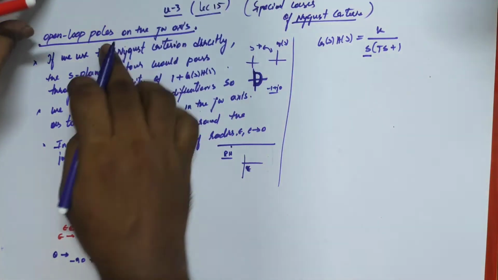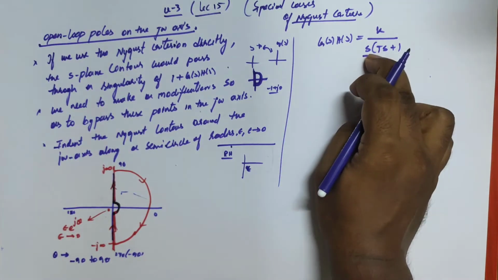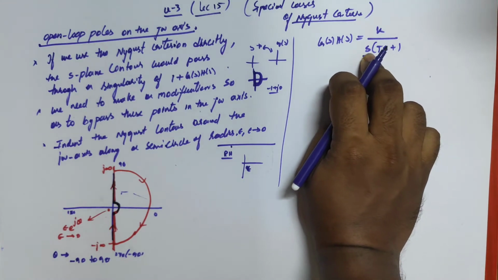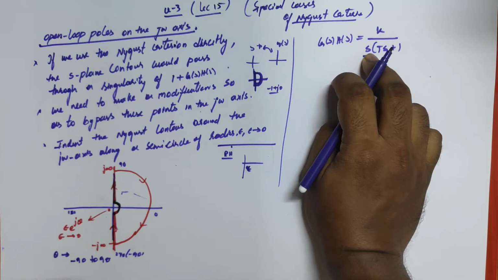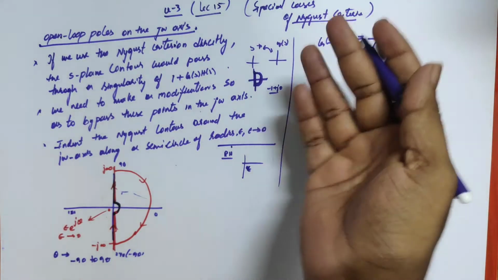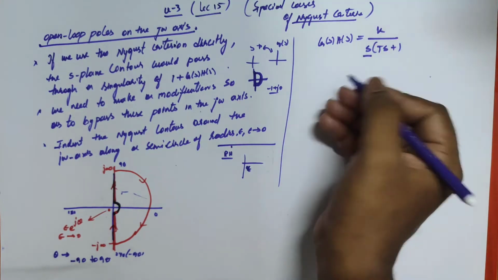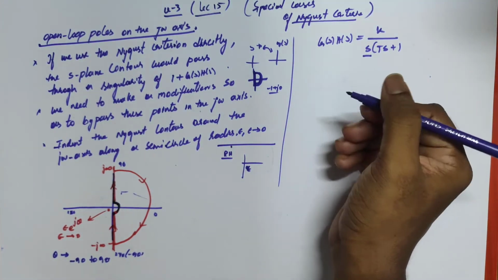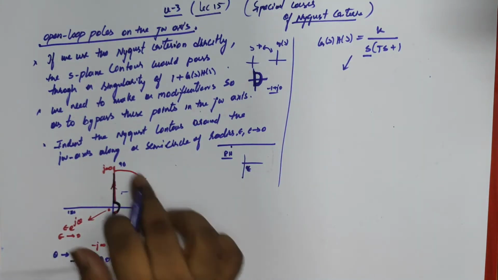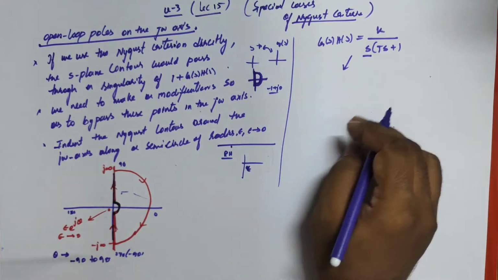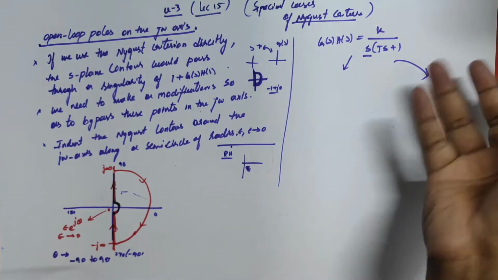A pole at the origin means there is an open loop pole on the j omega axis. So on the j omega axis, the pole at the origin is also one of the poles on the j omega axis. So we just take it as one pair. For this, what I will do is get the S-plane contour. For that S-plane contour, I should have a mapping, right? With that mapping only, we define the stability.